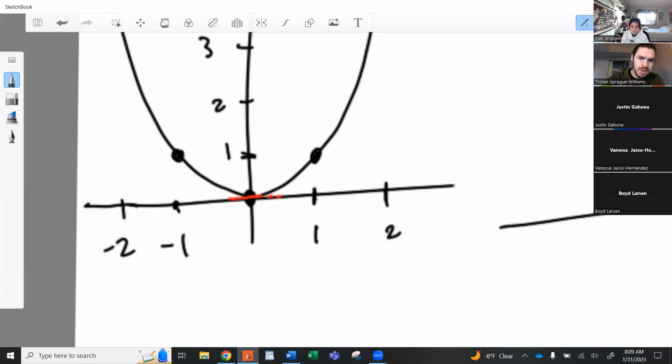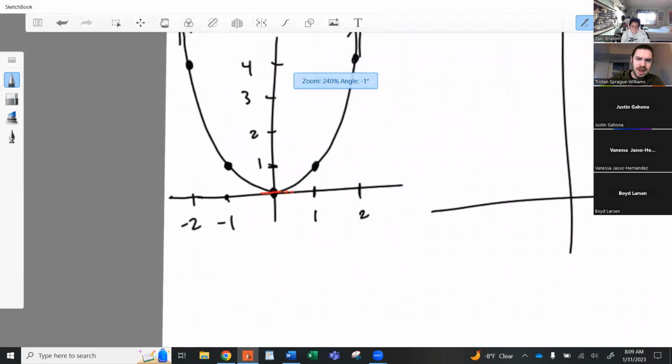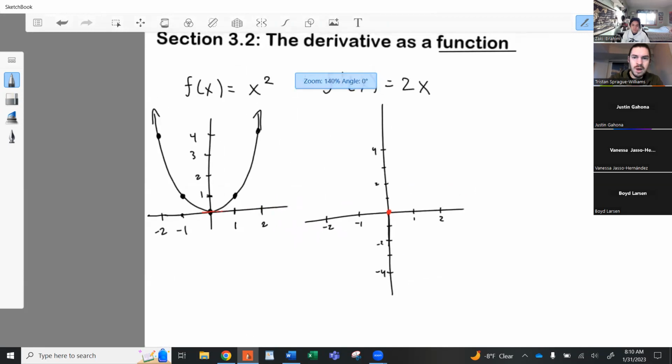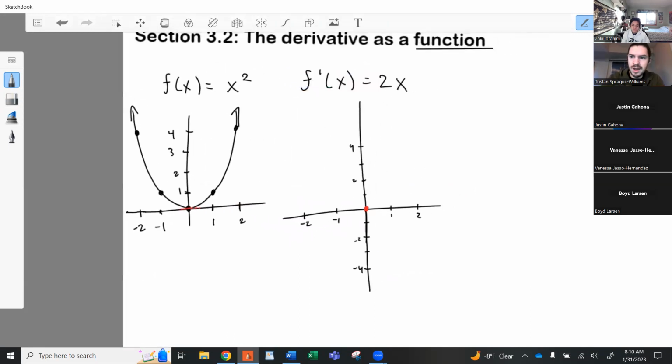And so that means that we would graph the derivative at 0, 0, like this. Let's put some scale on here. Okay. So now graphing the derivative, if I move on to another point, like let's say this point